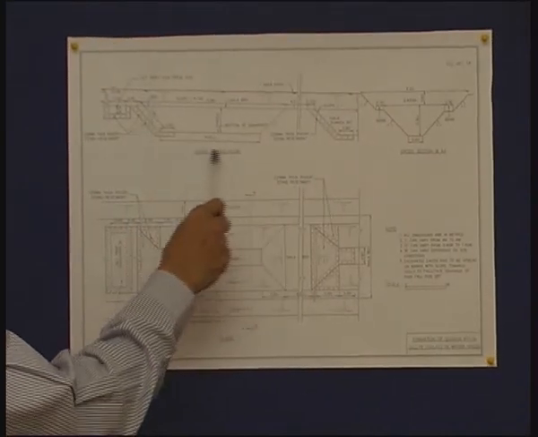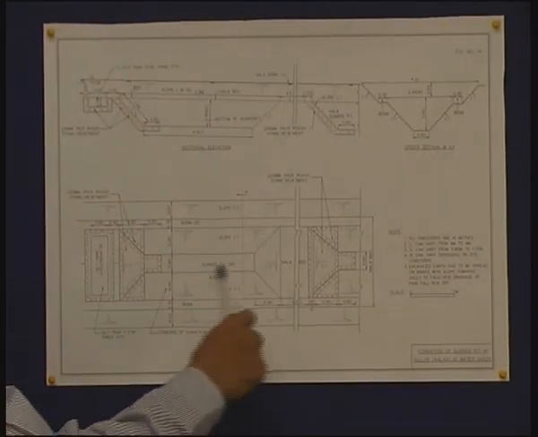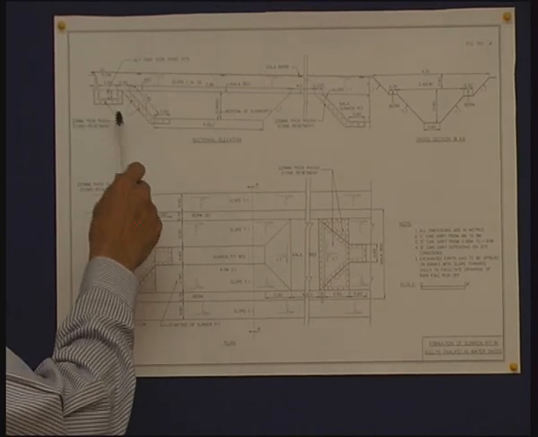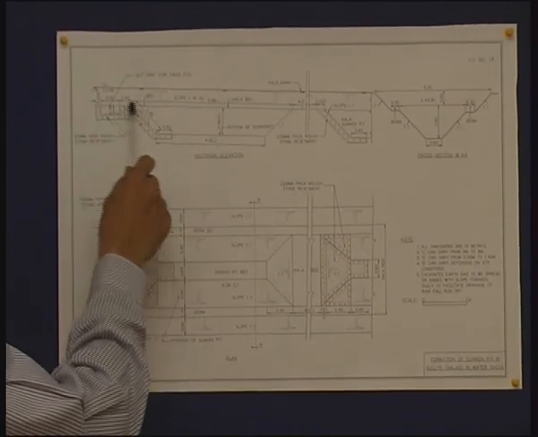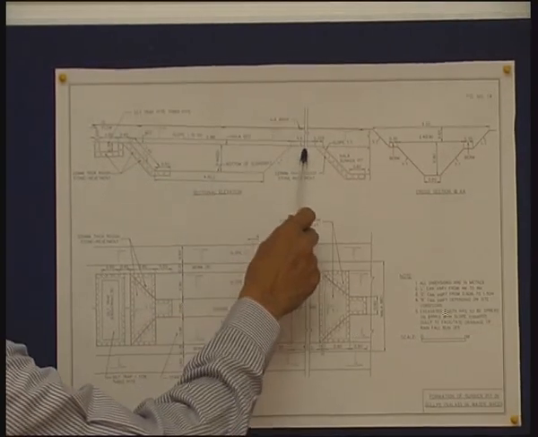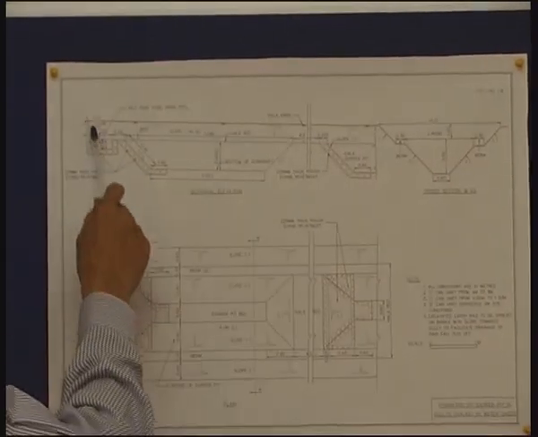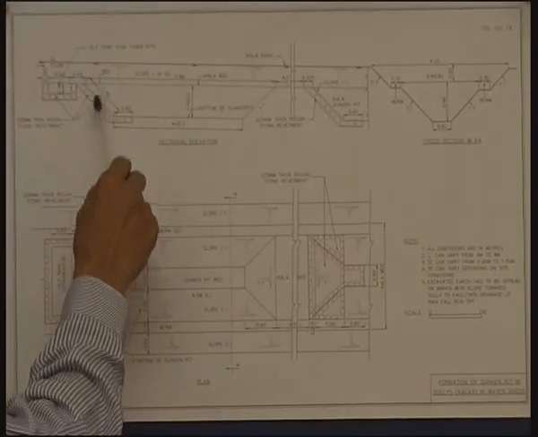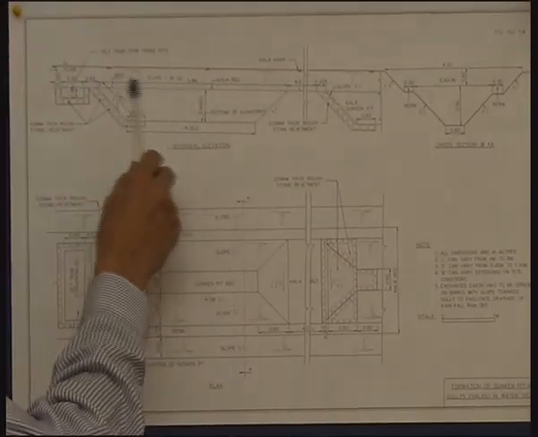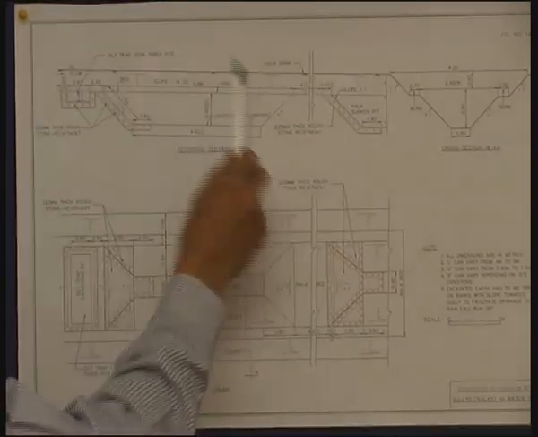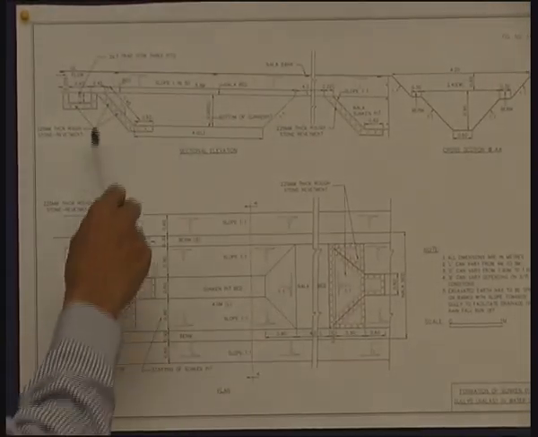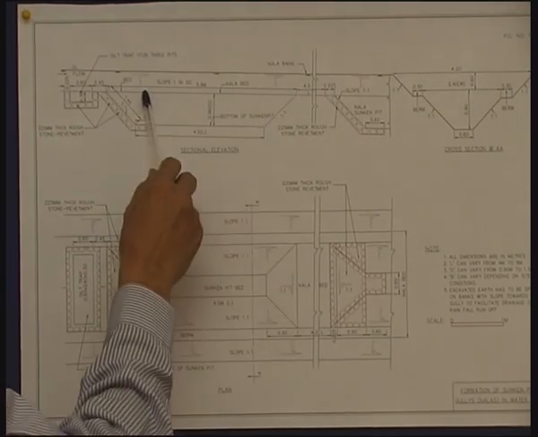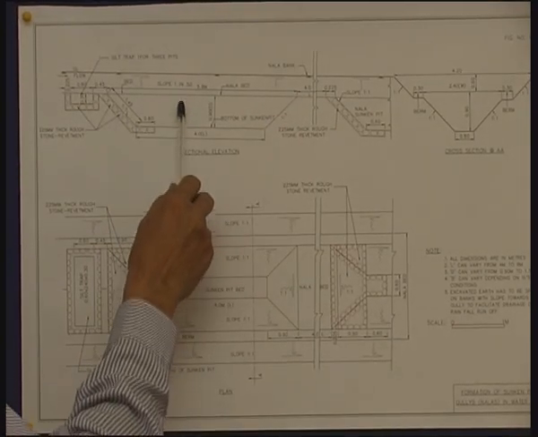This is the sectional elevation taken across the sunken pit, and this indicates the Vagu bed level like this, and the ground level on the banks like this, and the flow in the gully in this manner. Now this is a sunken pit excavated below the bed of the gully